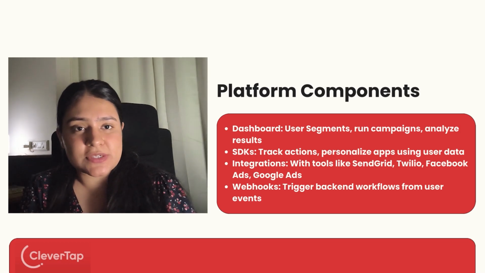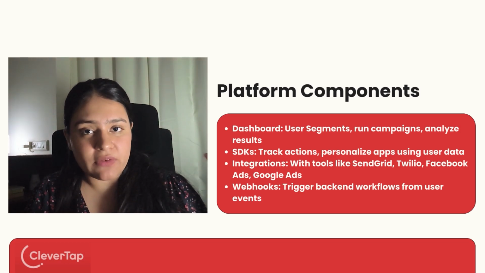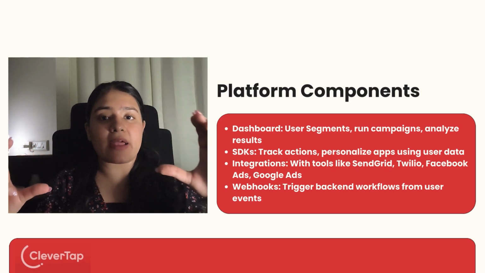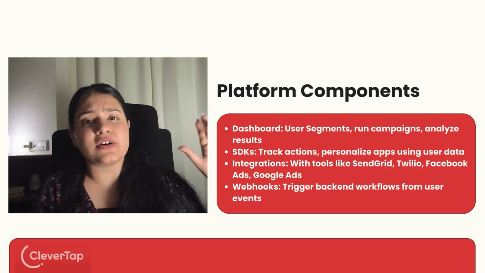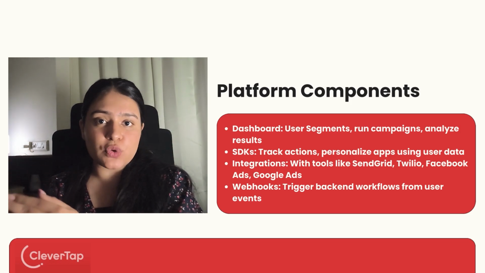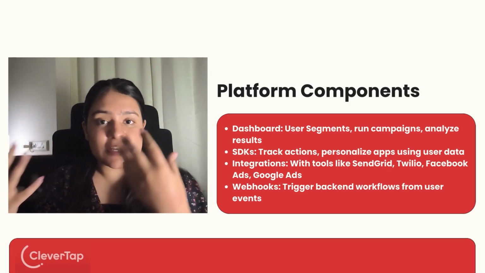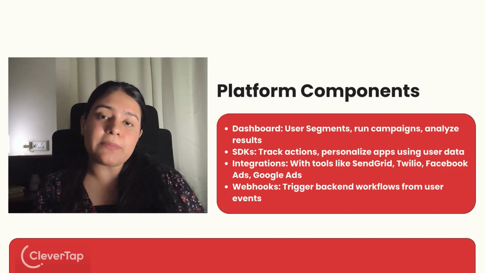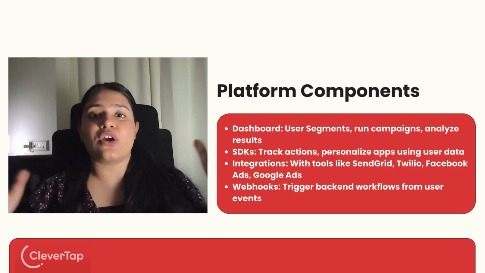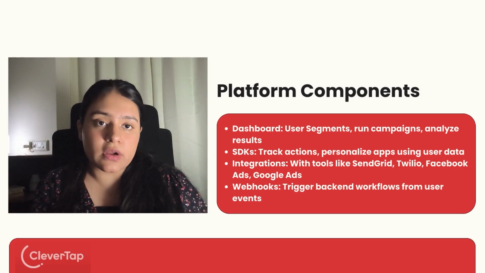Let's understand this with Zepto's example. Let's say Zepto has 10,000 users who haven't purchased anything from Zepto Cafe yet, and I want to create a segmentation of those users and show them a banner saying that you'll get a free coffee or a free pizza on your first order from Zepto Cafe. I can create a segmentation of those users and build such customized banners especially for them. So as soon as they open the app, they'll see a banner saying get your free coffee or a free pizza on your first order from Zepto Cafe. I feel that this particular feature helps a lot for product marketers.